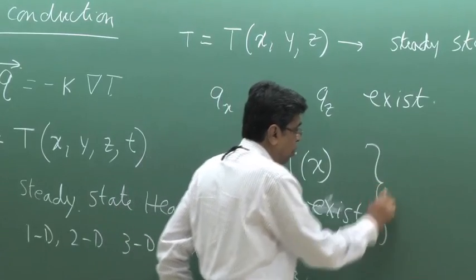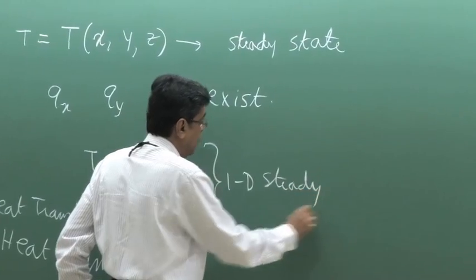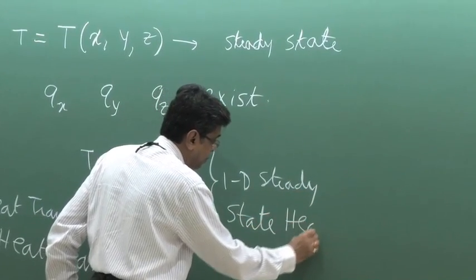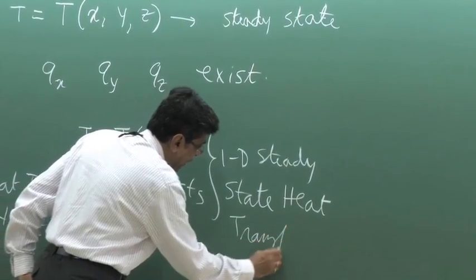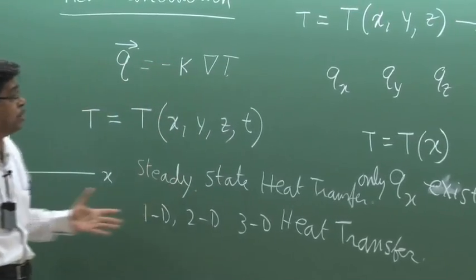That is 1-dimensional steady state heat transfer. So this is the mathematical definition of steady state heat transfer, 1-dimensional, 2-dimensional or 3-dimensional heat